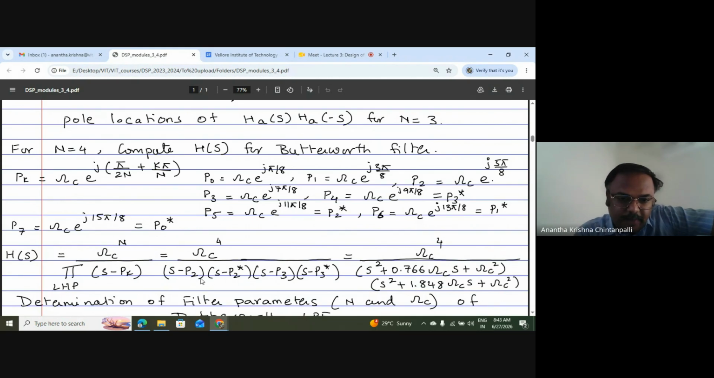So this is s minus p2, s minus p2 conjugate, s minus p3, s minus p3 conjugate. Okay, so you put in the values and you have to do it. So at this point in time, it should come to your mind. Visualization should pop up depending upon whatever is the filter order, and you should start visualizing where the location of